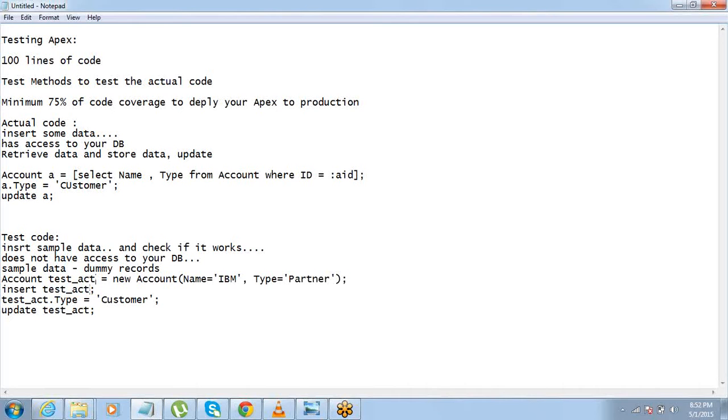So I say a new account, I do an insert for it, then I assign the value to the type and I update it. Okay, and this has all happened on the sample record. Okay, no actual access to the database.